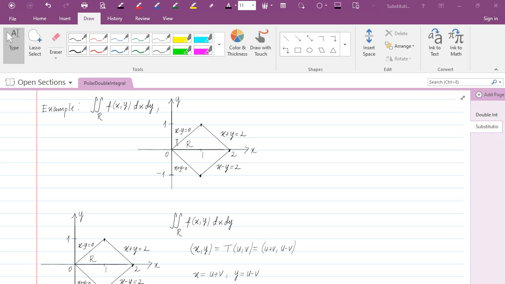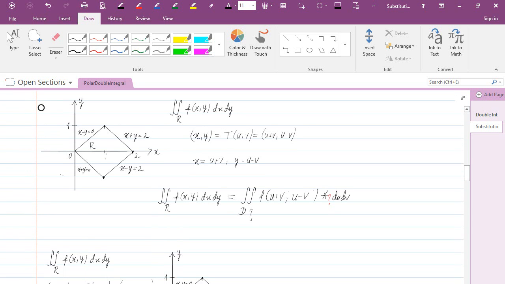So this side is the straight line x minus y equal to 0. This side is the straight line given by the equation x plus y equal to 2. This side is x plus y equal to 0, and this side is x minus y equal to 2. Okay, so we are integrating f over this region, and let's say that we do the following change of